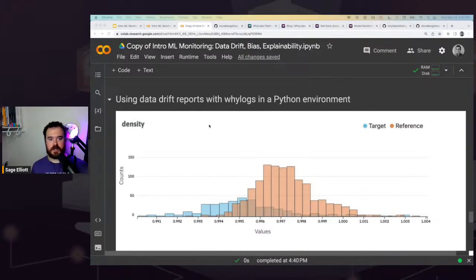The last section, we're going to use a little bit more of just YLogs features. So we're going to look at calculating some data drift in your environment, and then also some data quality checks. Like we had mentioned, if you want to add a data quality check to make sure you don't run a prediction with a model with that value of 33 in the flower length, then we can see how we do that here. The cool part is that if you're already going to be using YLogs and YLabs to monitor your data set over time, you can already use that library as well for things like data quality checks.